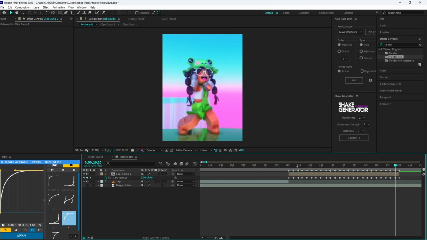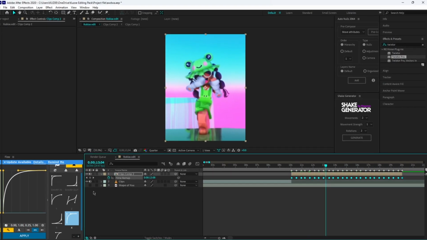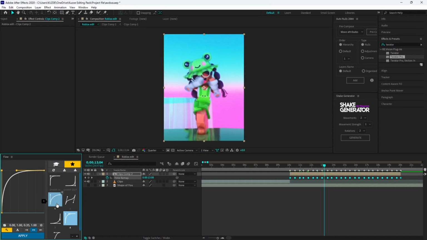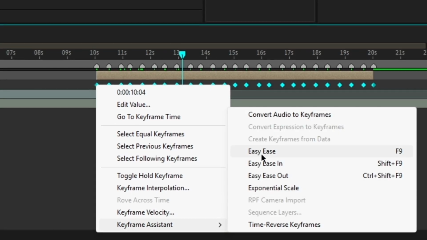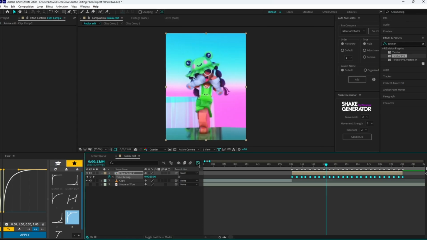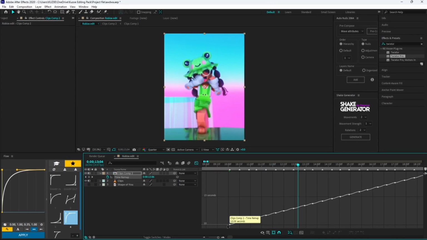So I have done all these keyframes. Now just select all these keyframes and you can use this script called Flow, or you can just click F9 first of all. Easy ease them to make them graph editable, and then just make the graph one by one,